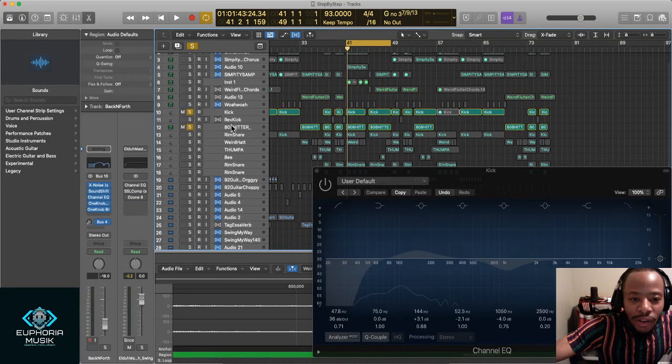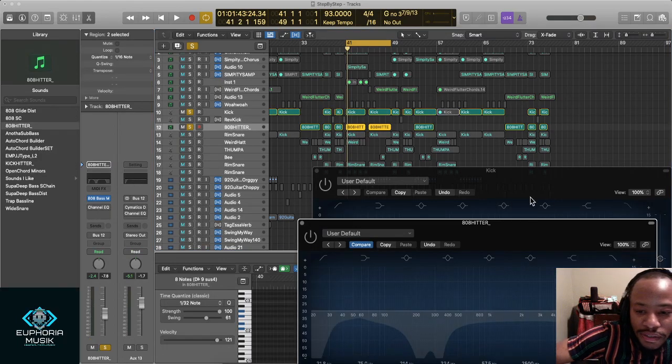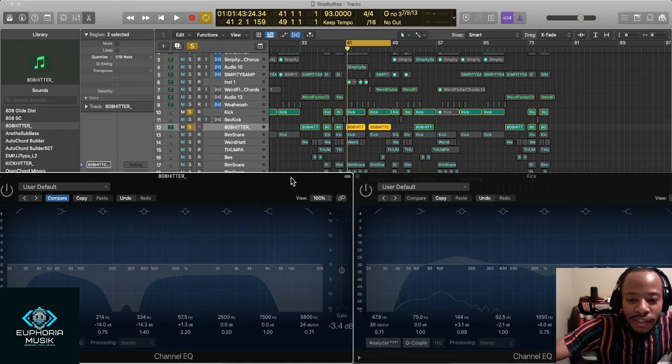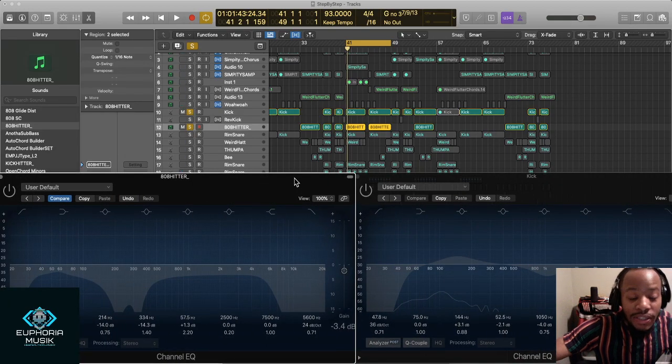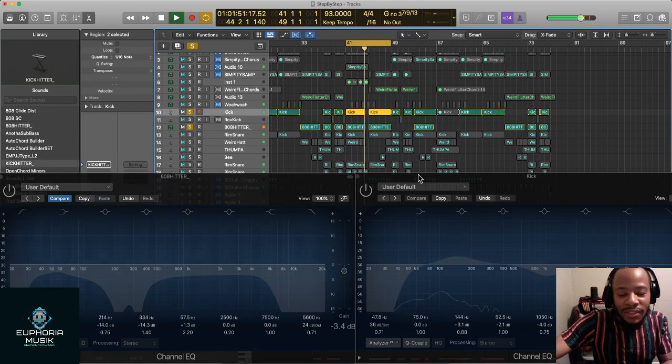Okay, so without EQing those parts, you start hearing things like this, and you don't want that because it doesn't sit well in the ears. It almost sounds there, but you can make it sound better.